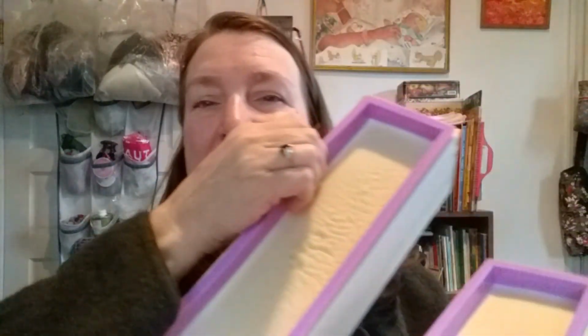Now let me show you the soap that I made yesterday. Yes, I made a batch of soap. I made a whole batch of lavender soap and used all 3 of my new molds, which is great. So this is the mold my daughter got me at Christmas. And then because I used it and I liked it so much, I got 2 more. These 2 have little purple liners, but it's exactly the same. So I now have 3